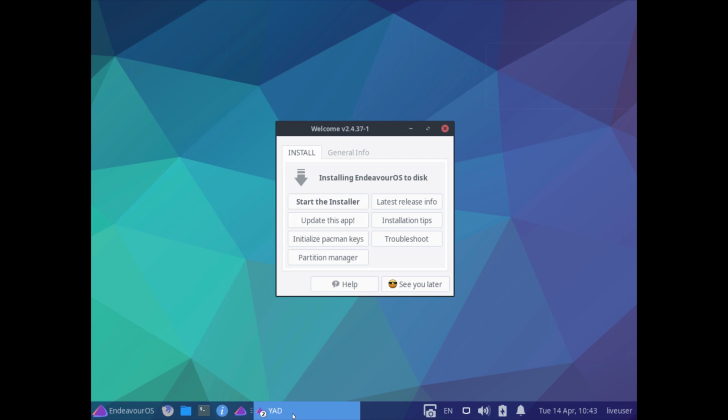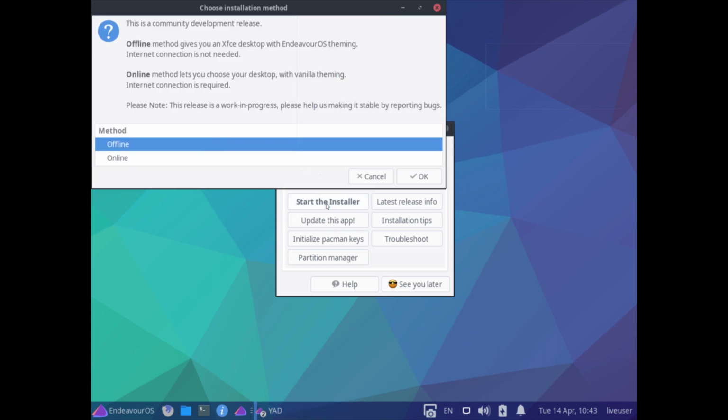And as you can see, we have now two versions. We have 3.7.1, which is the newest one, and 3.6.1, which is the old one. So I'll close the second one up and we can install by using the new one. So let's fire up the installer here. So I'll click start the installer.